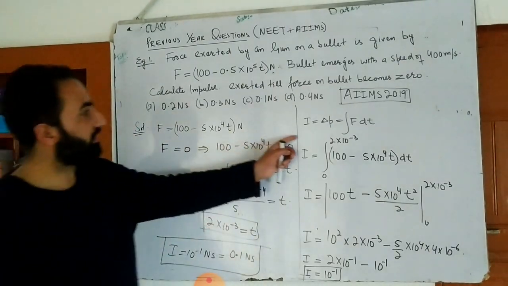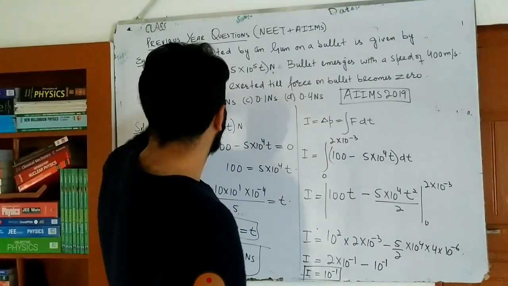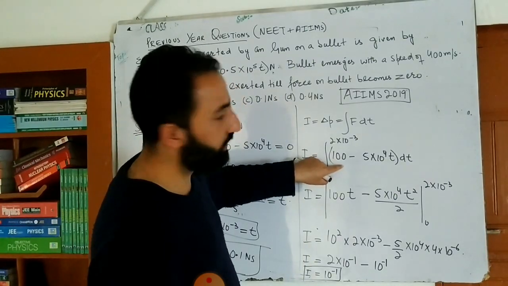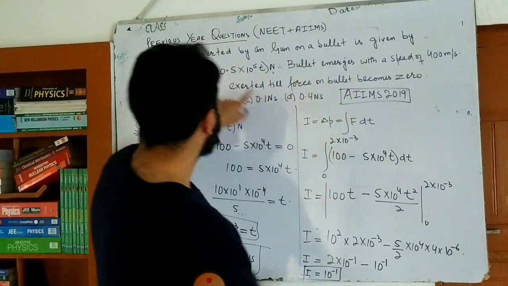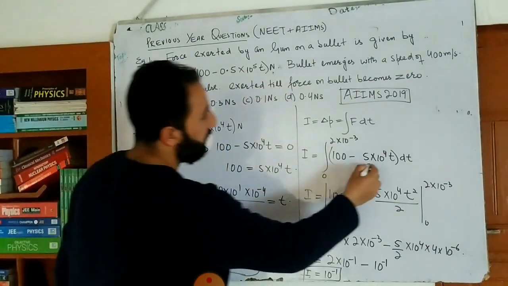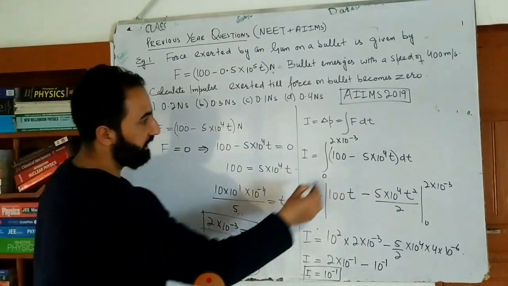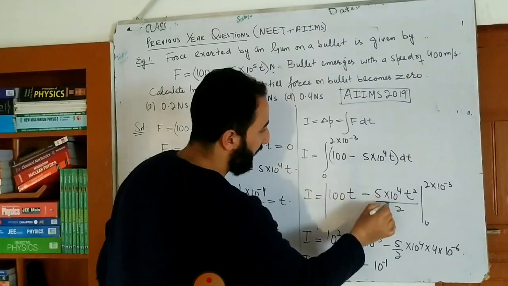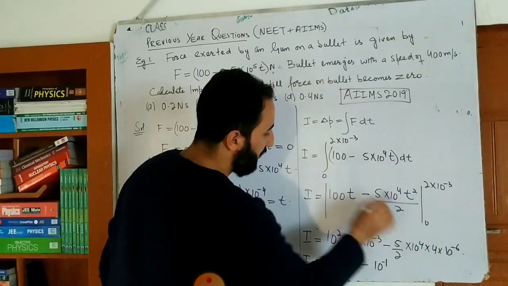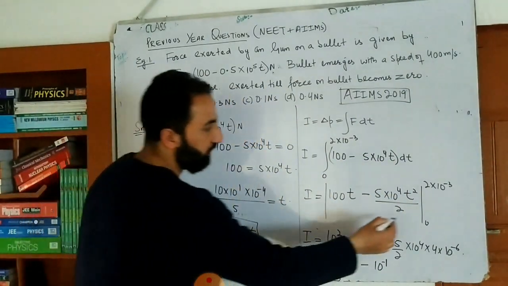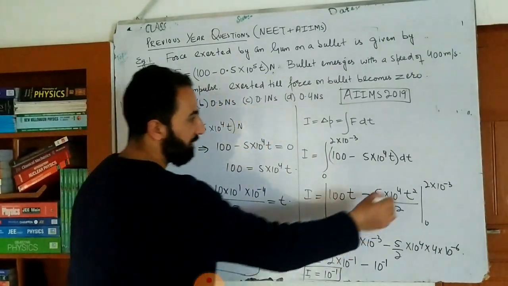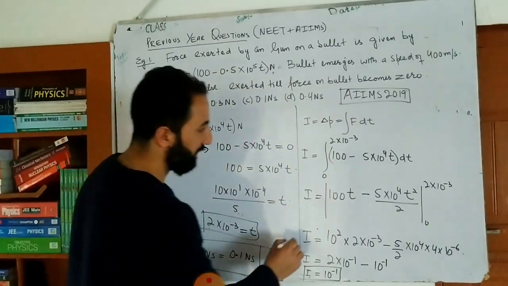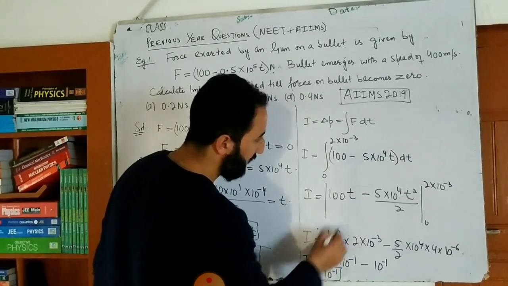Now impulse is equal to integration of F dt. F is given to you, so put it here: 100 minus 5 into 10 to the power 4 t, with respect to t. Integration of this will be 100 into t minus 5 into 10 to the power 4, and its integration will be t square divided by 2. Now the lower limit will vanish, that will be equal to 0, but the upper limit will not be equal to 0. So impulse will be equal to 10 to the power 2,